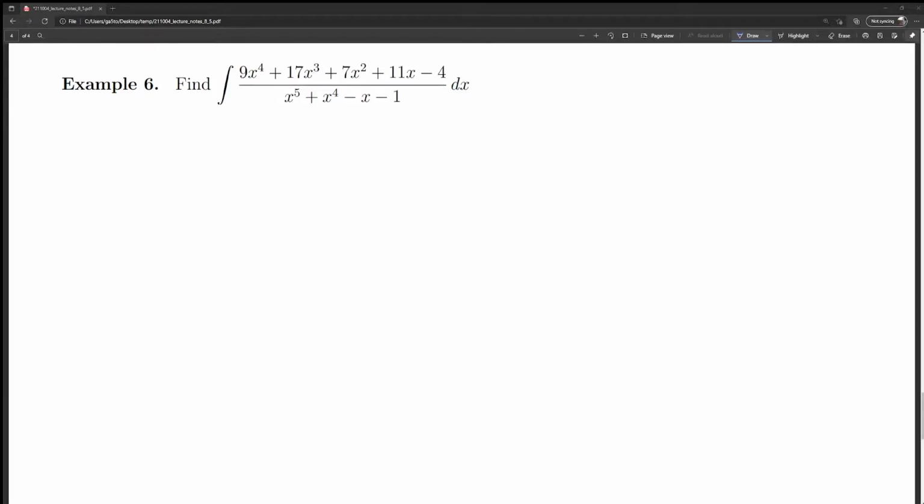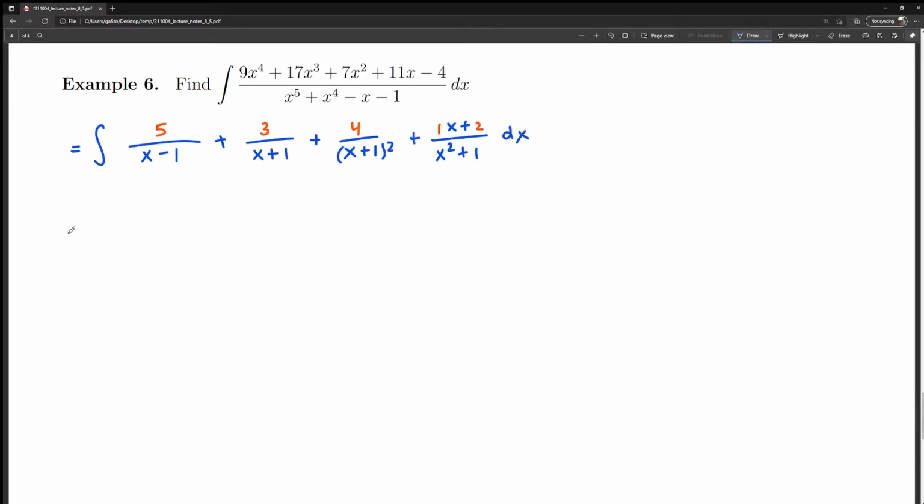So in this final video, we'll see how to use the partial fraction decomposition to find the antiderivative of a complicated fraction. I hope that you recognize that this is the fraction that we found the partial fraction decomposition for. So let's write that out and use that to rewrite the integral. Now, because of the rules of integrals, the integral of a sum is the sum of the integrals, we can